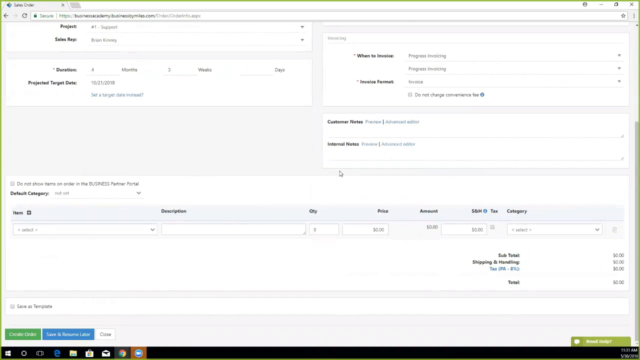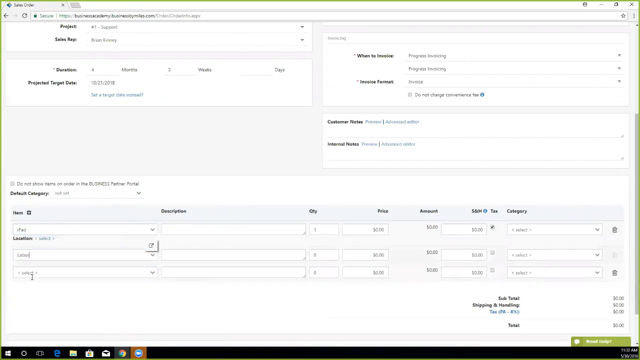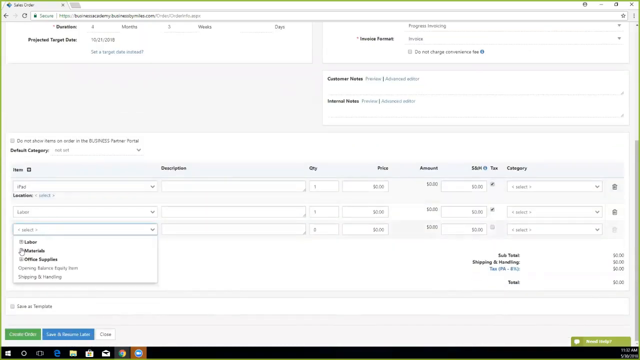Now we set up our schedule based on the item types. Adding line items will dictate what percentage of each item type will be taken for each invoice. So here I can choose an inventory item. I can choose a service item. So I'll add some labor. That's our service. I can add a